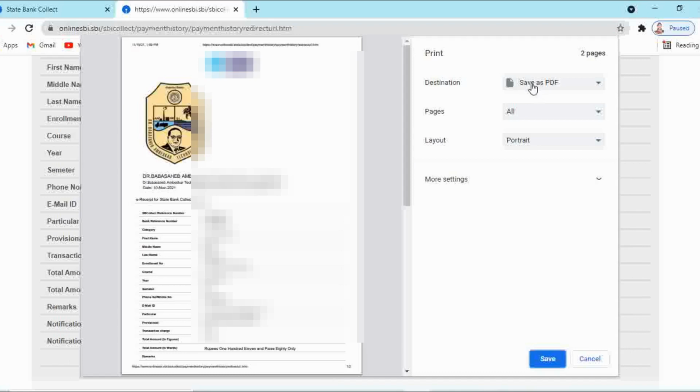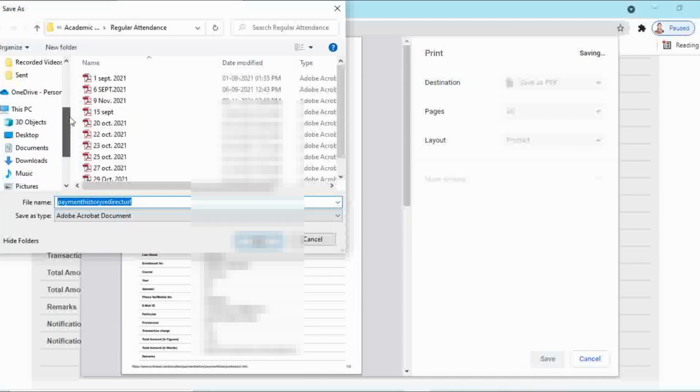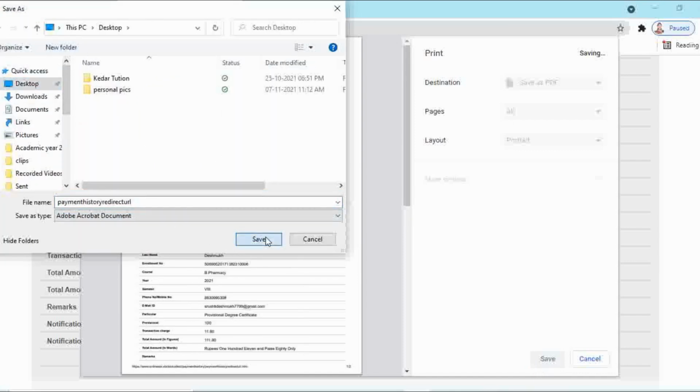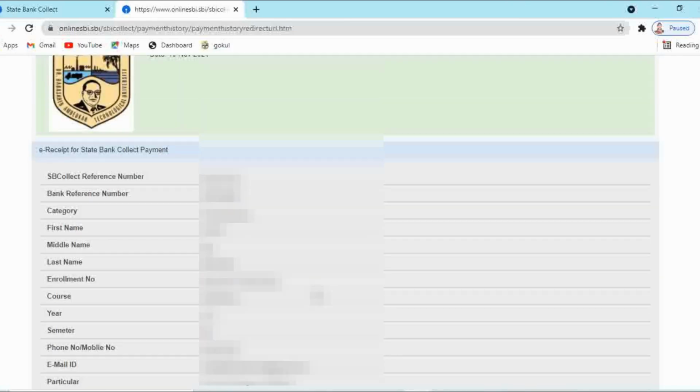Here the option is given to save your receipt. So I am going to save this receipt now. So in this way you can save the receipt.